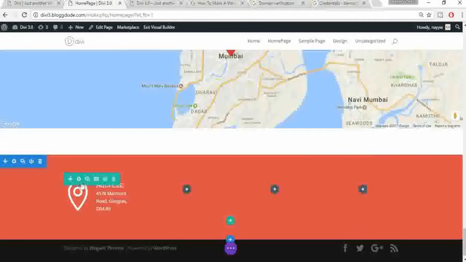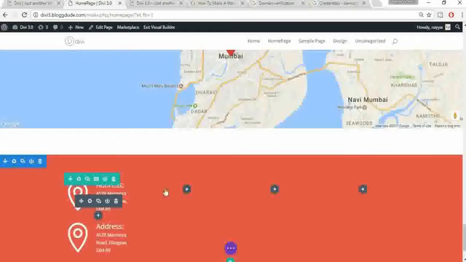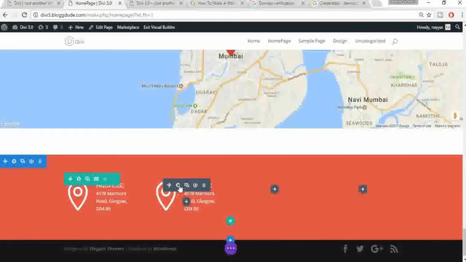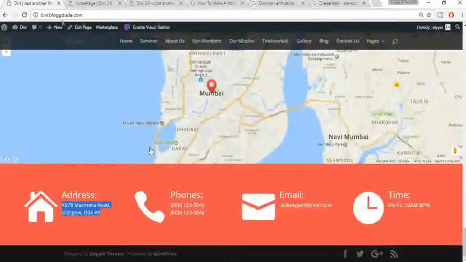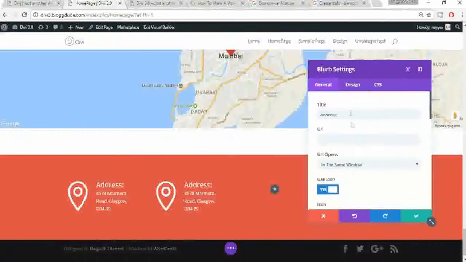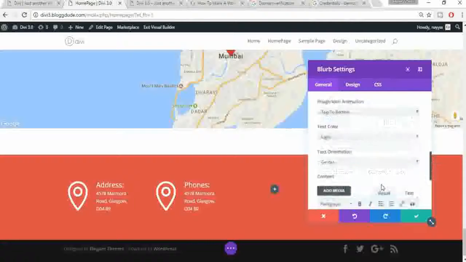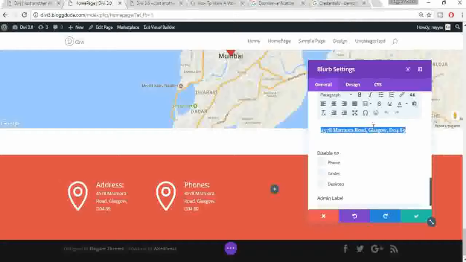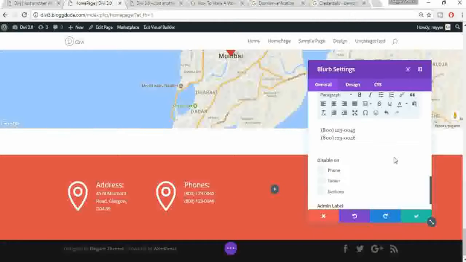Again, let's copy this so that we don't have to do the same steps again and again. Now we have to change the icon and all the things. Here we have the phones. Let's copy these phone numbers. Instead of address, now we'll have phones. Okay, you can have a URL, whatever you want. Now in the content, just paste those phone numbers